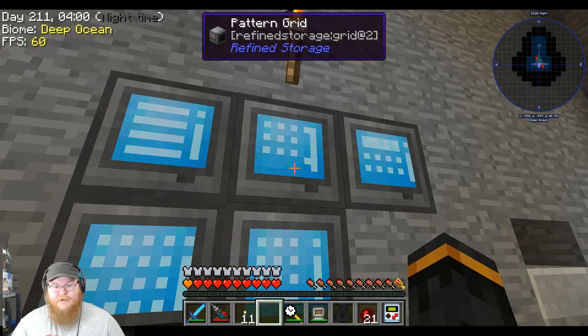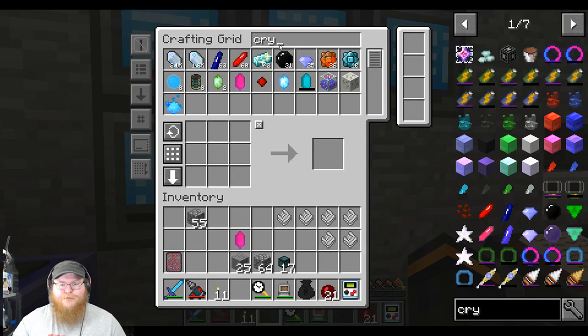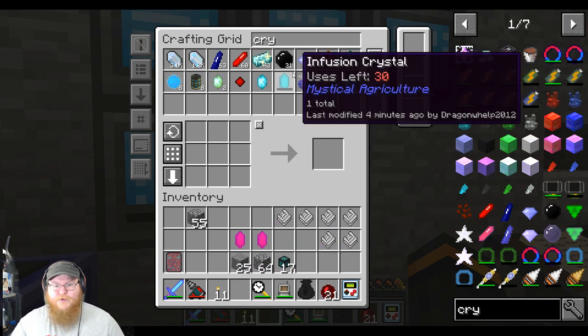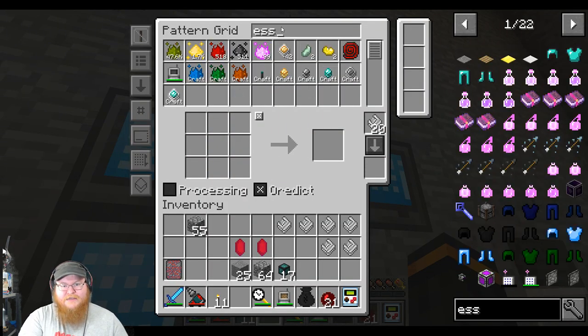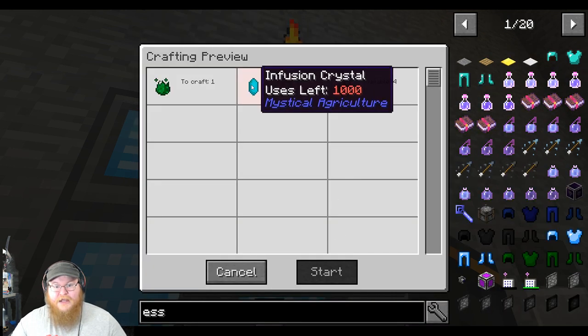How did I get an extra one? What? Did I already start doing prepping for this and I didn't realize it? That may be the case. So we've got 2 Master Infusion crystals. I thought something was weird. So we should be able to tell the system, hey, give me some essence. Make Prudentium essence, please. It's missing the...